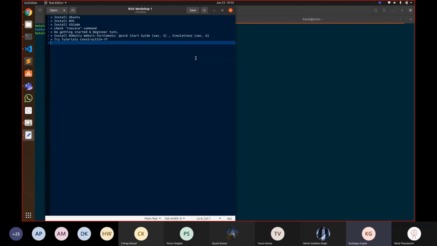Okay, do all of this, then we'll meet on 25th. We'll keep the session a little late so that you have time in the morning also for 25th to complete, and 25th also we'll keep it light. We'll try to keep it light and basically show you how to make an object avoiding robot. Okay. Basically you have to read the data, do a little computation, and then just move your robot accordingly.